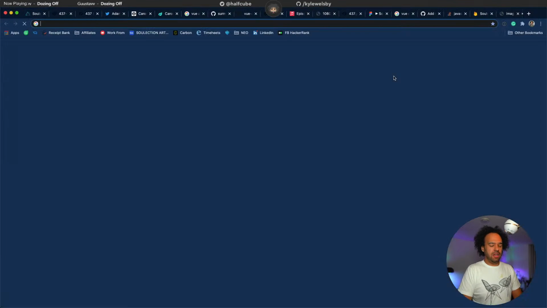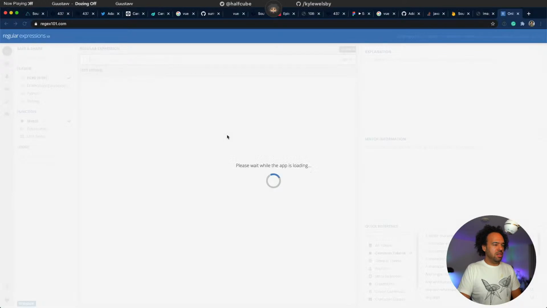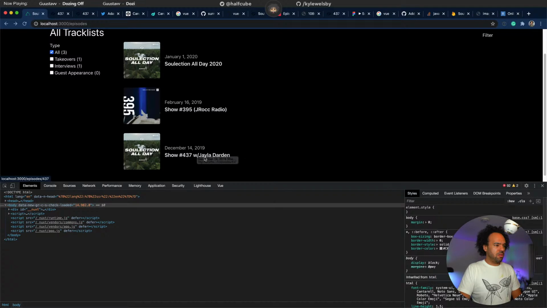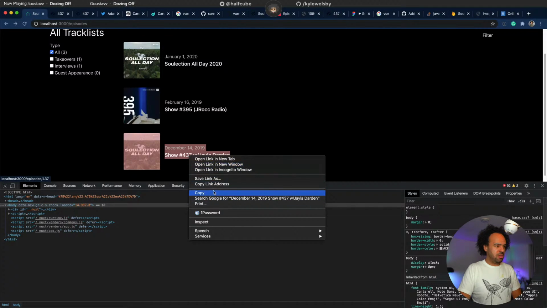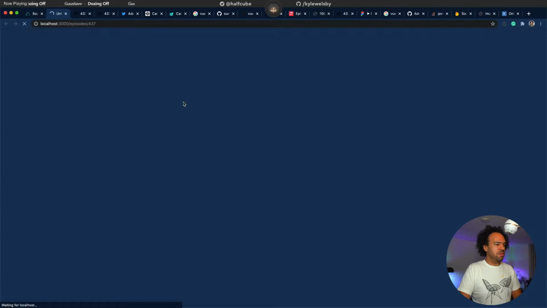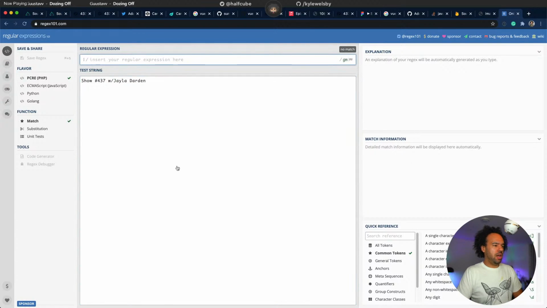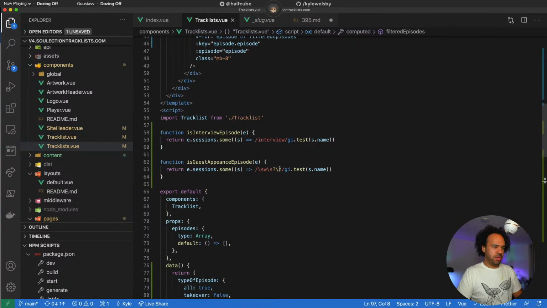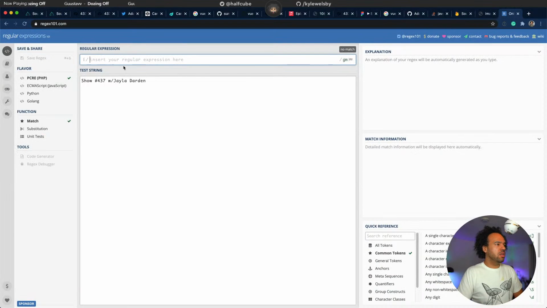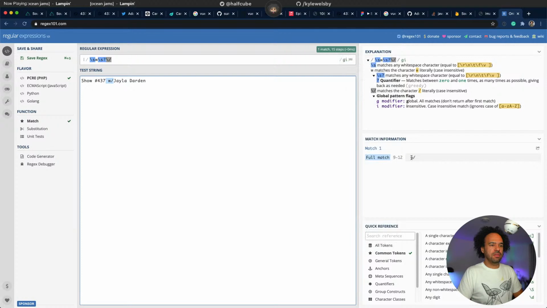Let's check our regular expression. Regex101. We're going to grab this title. Let's open it up over here. Grab that. That's our test string, and we want to test our regular expression. That, and we want it not multi-line, global, and insensitive. And it's found it.